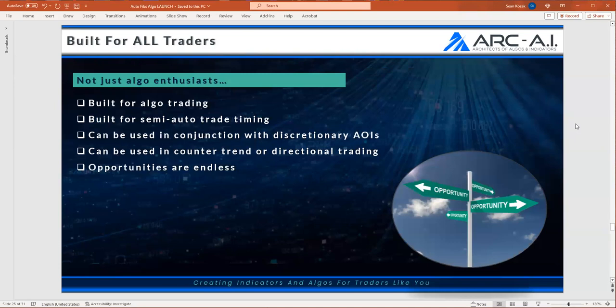So when you look at algos, I know a lot of traders ask, does it have to be fully automated? Can we run it as a semi-automated system? What if I just want to turn it on when certain times happen? You can do that. You can combine an algo with anything you want. You can do it as a directional system, non-directional system, as a fully automated bot, or semi-automate it, depending on how you want to run it. But you're not restricted. This is not a black box. These are quant algos that have the flexibility to run these and do that.